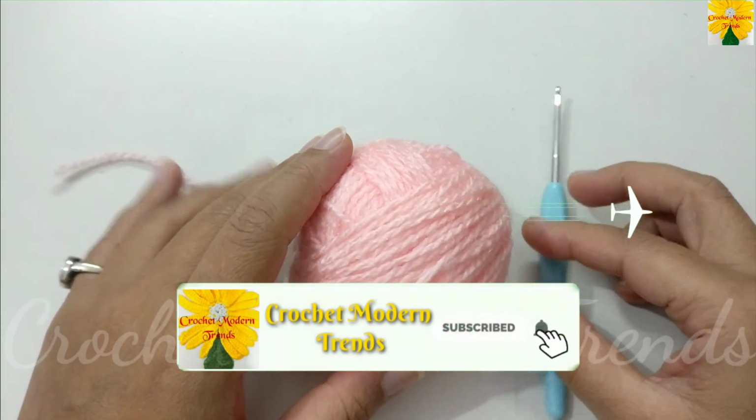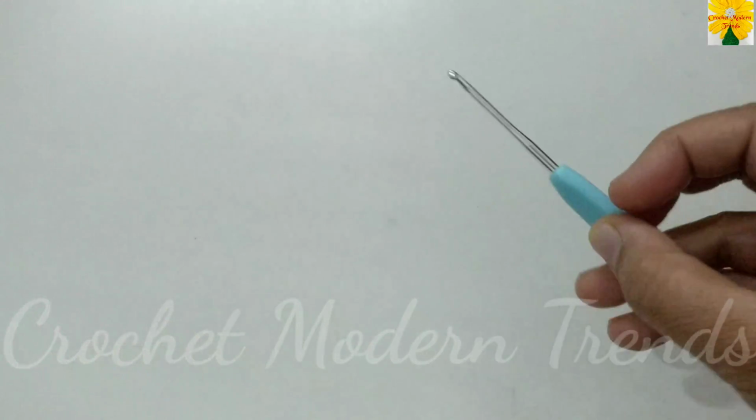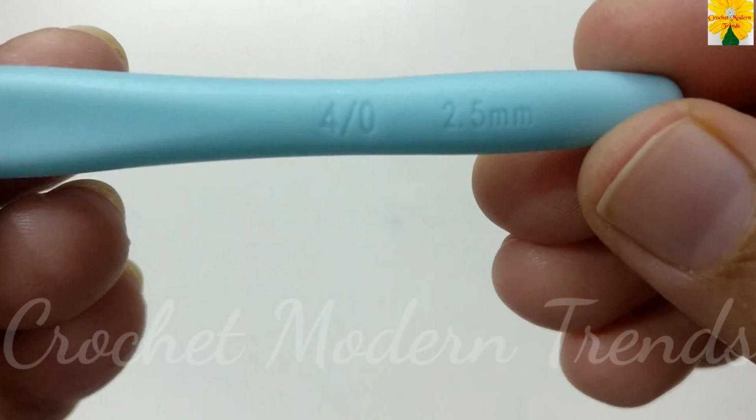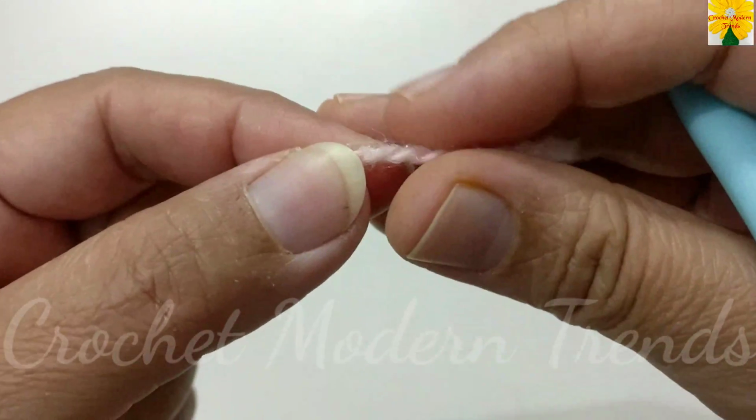Today we are going to make a leafy square pattern. You can use a yarn of your choice and I am going to use a hook of 2.5 mm. So we are going to begin with a slip knot,